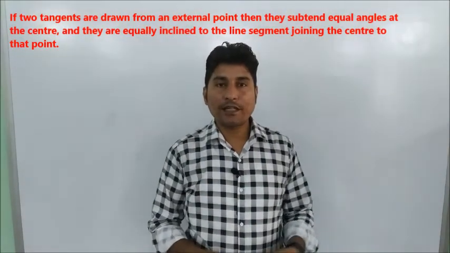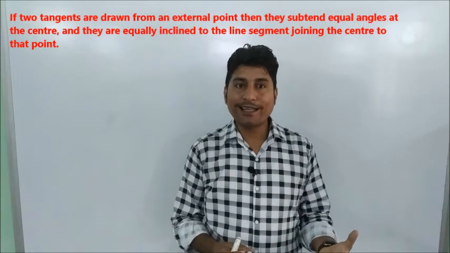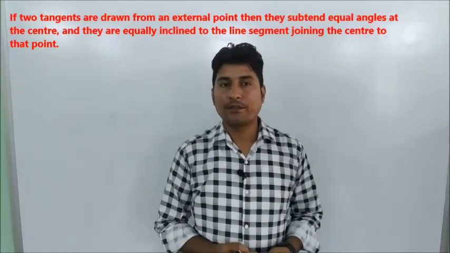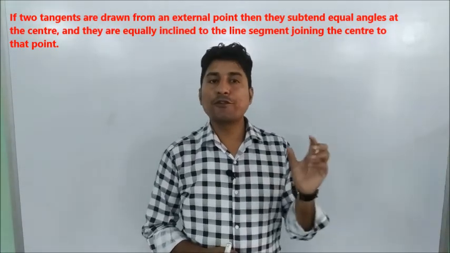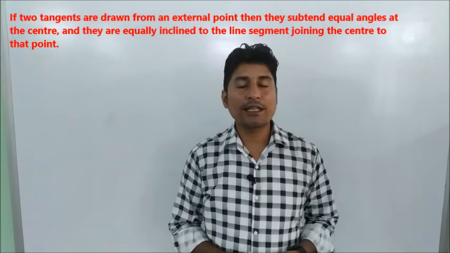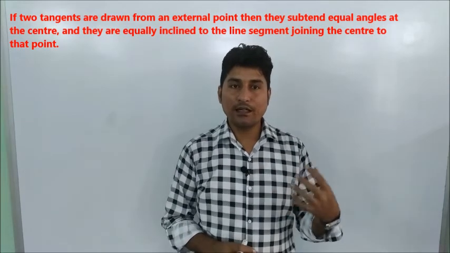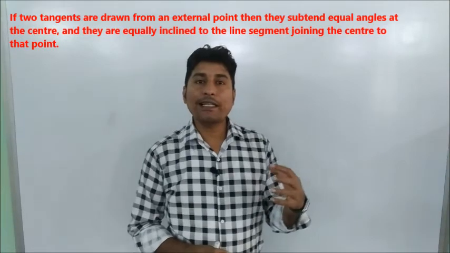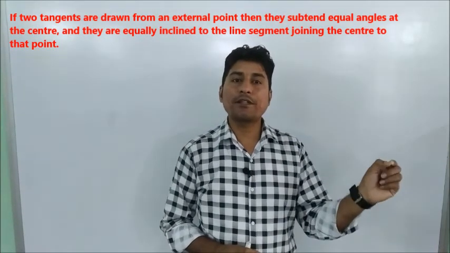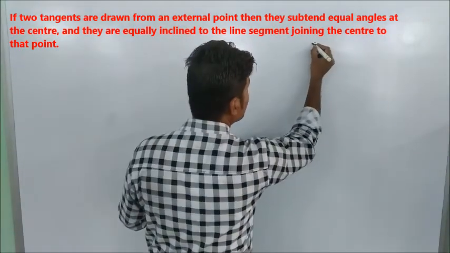Now let us consider the next theorem. If two tangents are drawn to a circle, then they subtend equal angles at the center. Once again I am repeating the theorem. If two tangents are drawn to a circle, then the very first thing is that they subtend equal angles at the center. And the second point is they are equally inclined to the line segment joining the center to that point. So let us consider a circle,